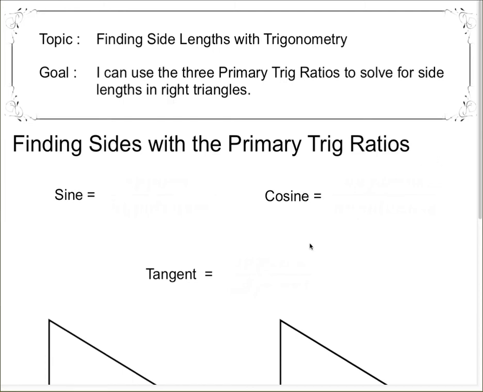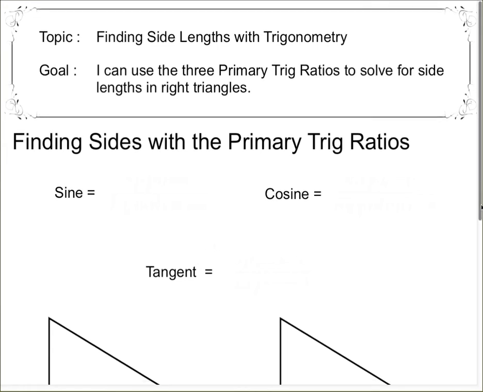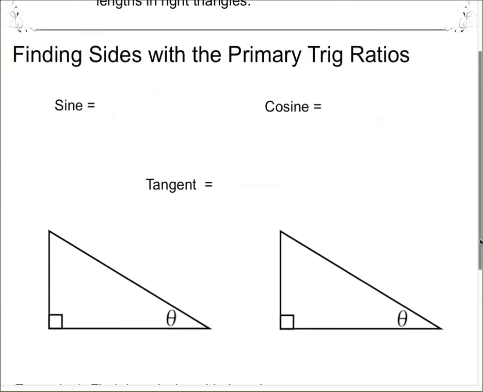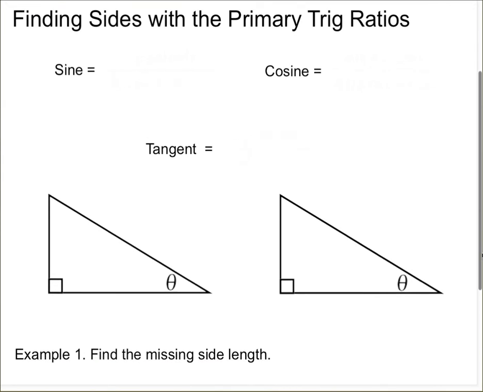So the first thing is, what are the three primary trig ratios? Well, we're going to review that here. These are the three: sine, cosine, and tangent. And I'm just going to go back over what they mean. What they mean is, anytime you have a right triangle, like I have here, I've got two right triangles actually, if this theta has a value, let's say it's 50 or something like that, any triangle that has a 50 down here would have a 40 up here. And if there's a 50 down here, 40 up here, and 90 here, any triangle that has that in it,